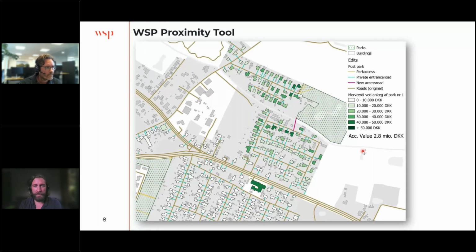Actually, the final result is a delimited text file, and it shows that the accumulated value of making this park, or improving the park, and making this tiny bridge will be about $400,000 to $500,000, like 2.8 million Danish crowns. In the next slide, and the last,